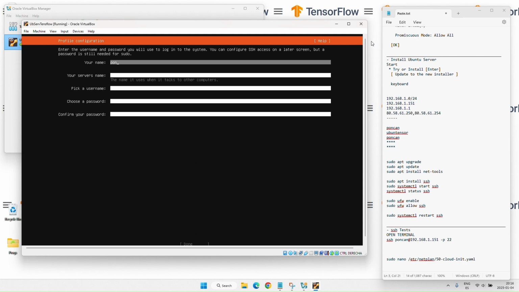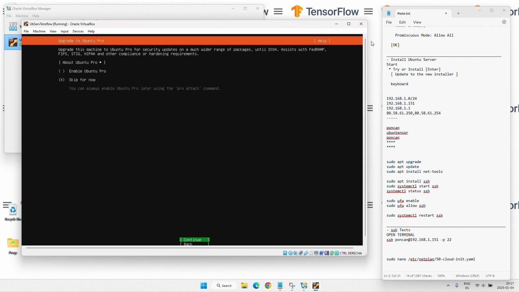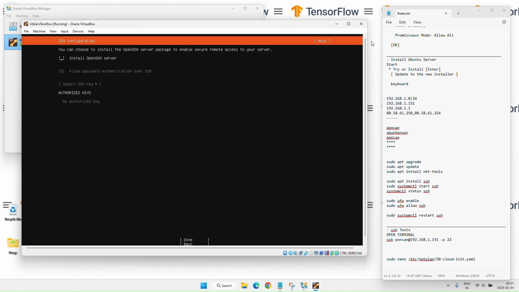Now we enter the user and server data and you have to create a password. You can write this data in the paste file. We checked OpenSSH, but we will have to reinstall it later.